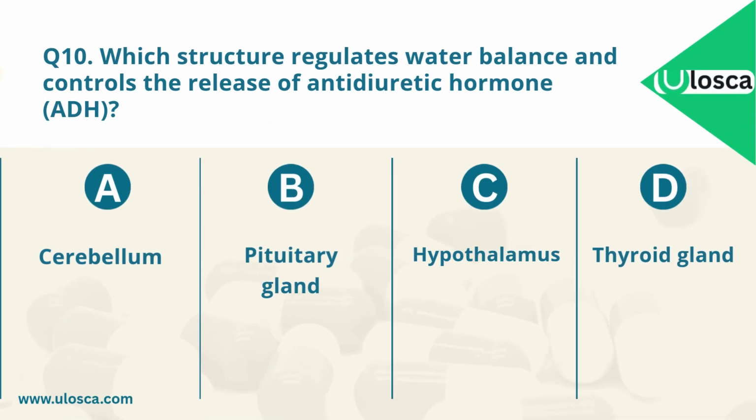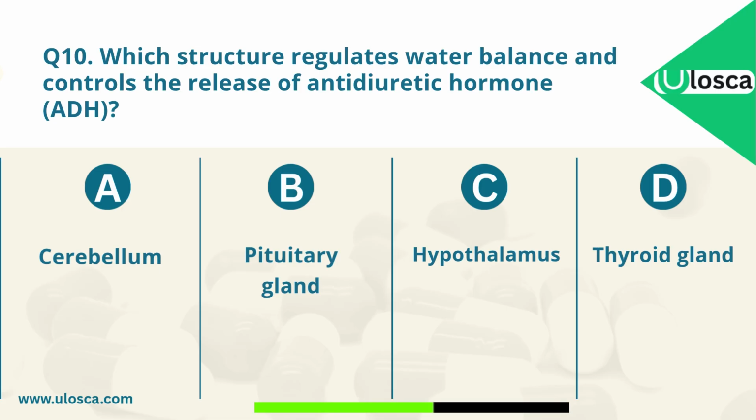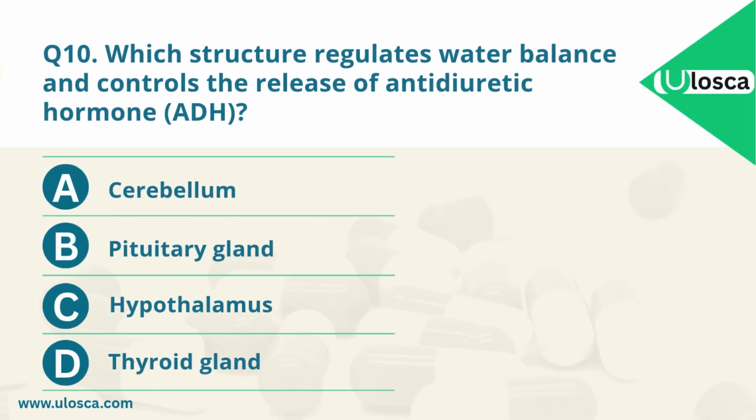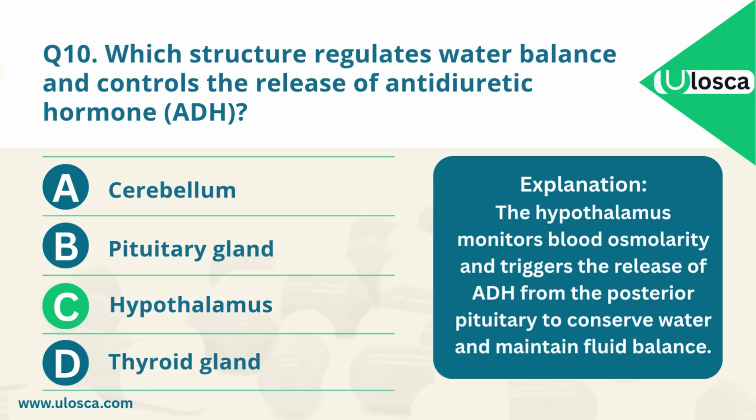Question 10. Which structure regulates water balance and controls the release of antidiuretic hormone? A. Cerebellum. B. Pituitary gland. C. Hypothalamus. D. Thyroid gland. Which one is the correct answer? The correct answer is C. Hypothalamus. Explanation. The hypothalamus monitors blood osmolarity and triggers the release of ADH from the posterior pituitary to conserve water and